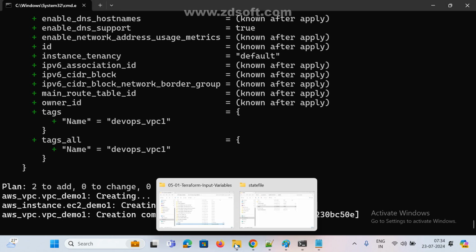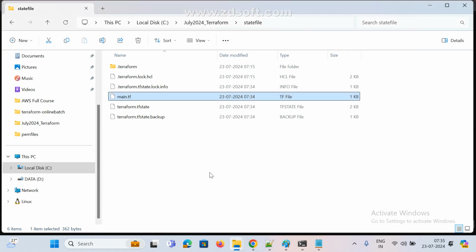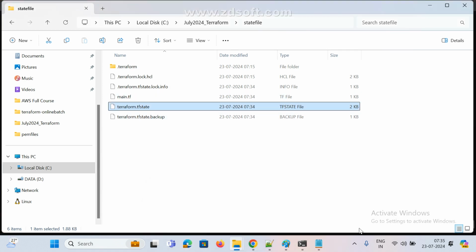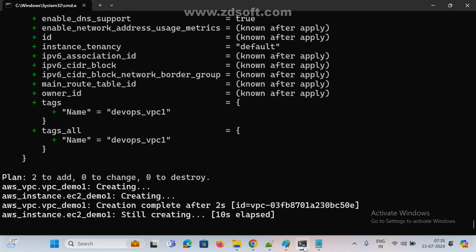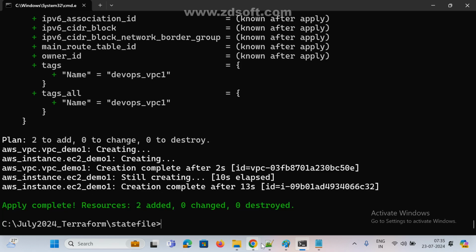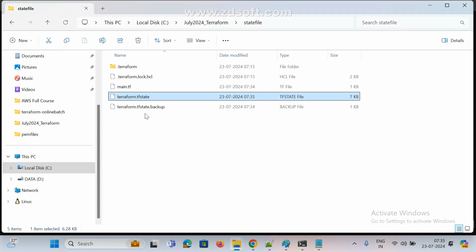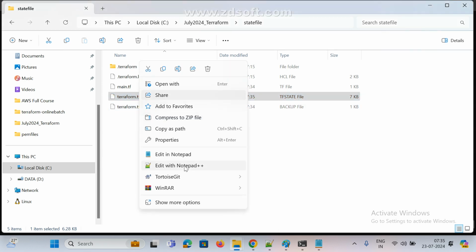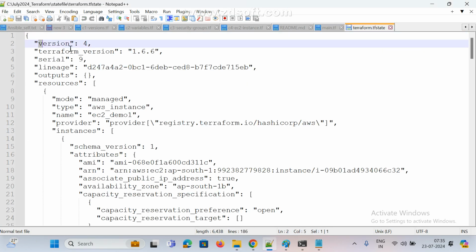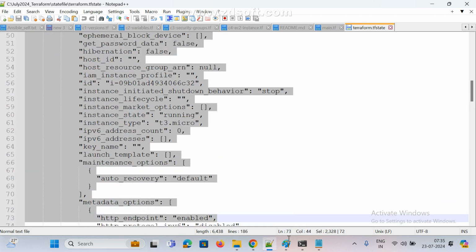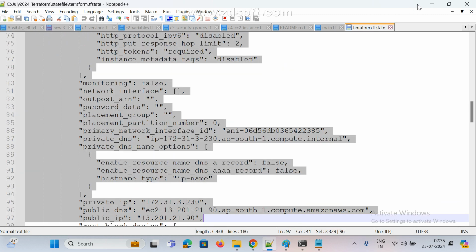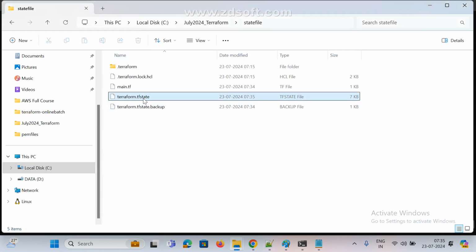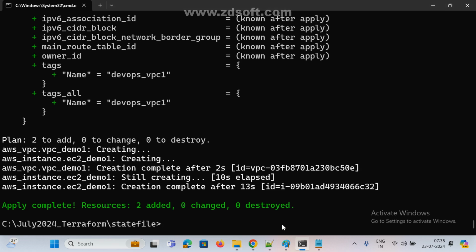Now go to the state file. This is the state file, right? First let me create. Once creation is done, now go here. You can see earlier there was nothing, right? Now you can see the content, that information and all. Now your doubt is that the Terraform state file is deleted. Got it? Yes. Now go to here, Terraform apply, destroy.